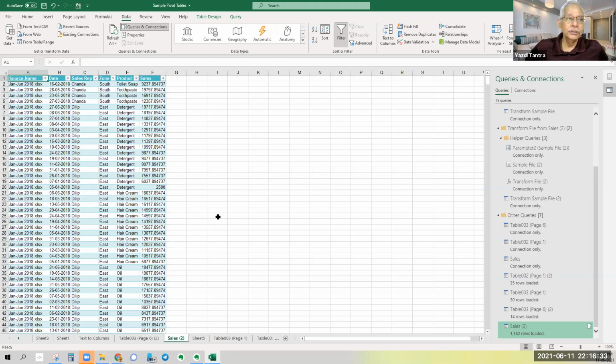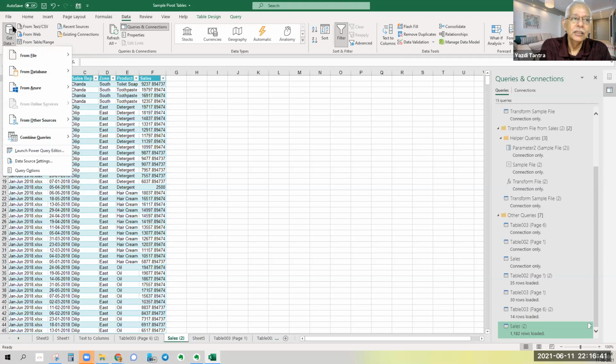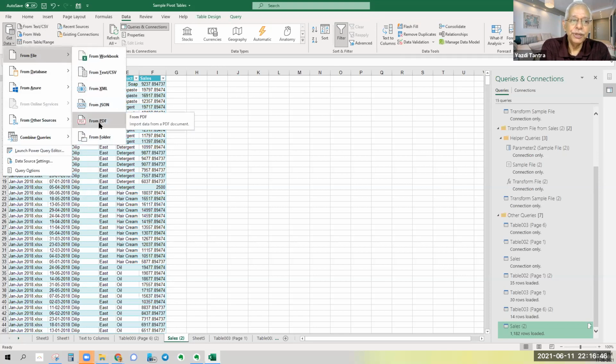You have the option to get the data. Of course, the other things are there: from text, from web, from table range, etc. But with get data from file, we were looking at only PDF and from folder. And whenever you add stuff in that folder, if you add a file or if you add another folder in that folder, automatically that data also gets aggregated, and it is extremely powerful.